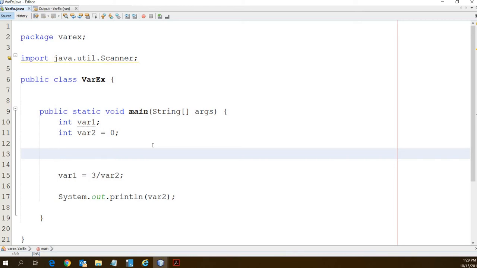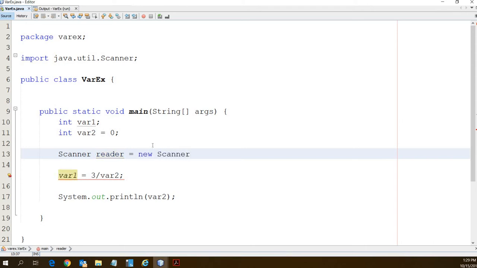So I'm going to type Scanner, and make sure this is capitalized. Scanner is a variable type, just like an int or whatever. That's how I want you to think about it for now. I name my scanner reader, because that makes sense to me. But if you really want to name your scanner Yoda, you can. I don't care. Scanner reader equals new